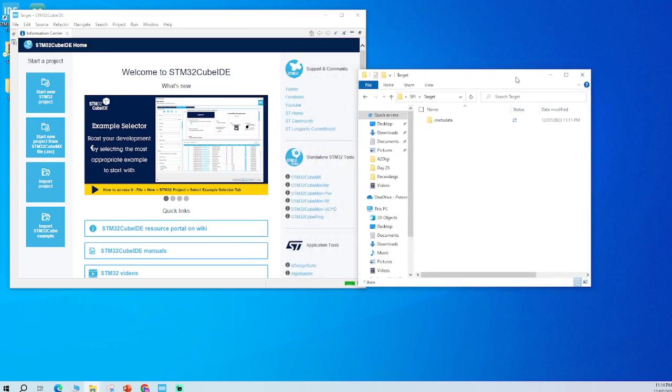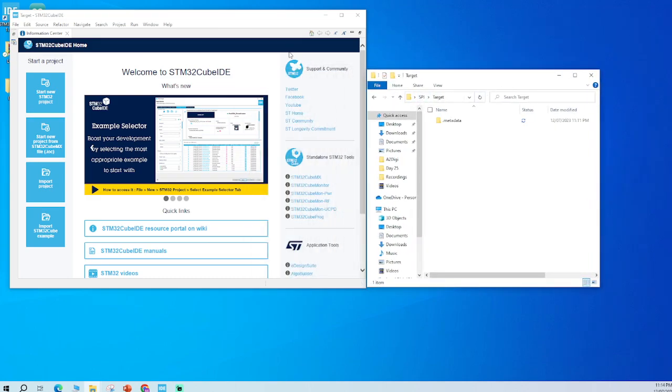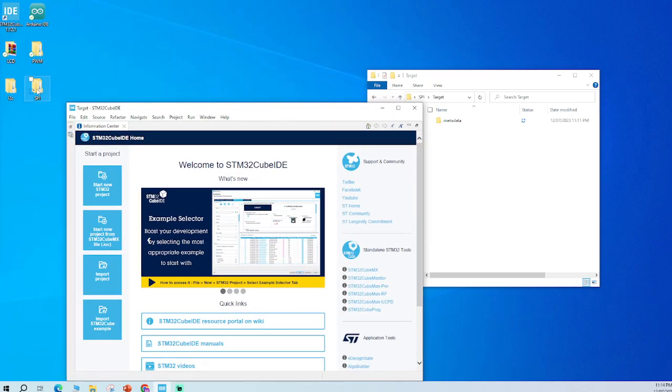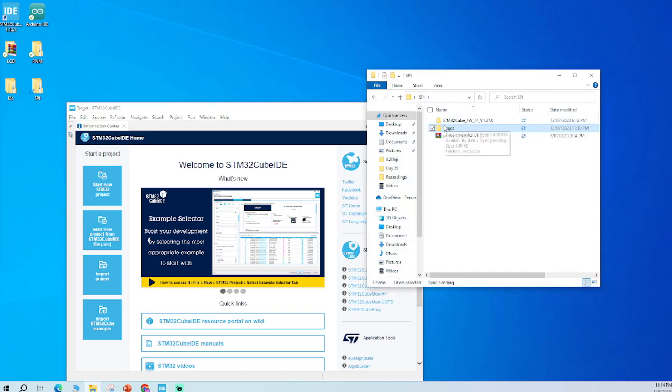I'll run through what I did. So I opened a folder on the desktop and named it spy, and I opened another folder called target, and I went to open the target and I highlighted this, copied here,